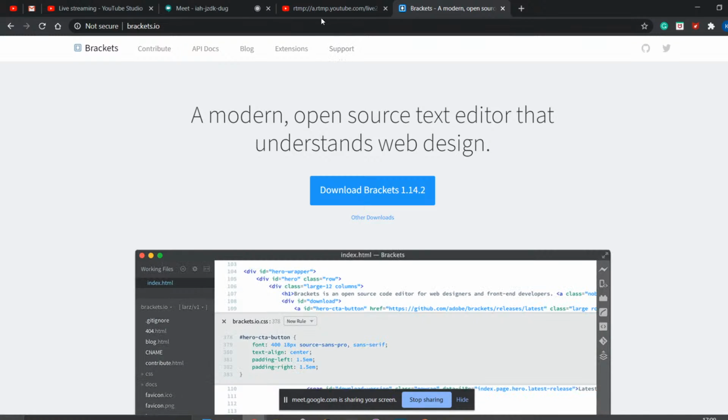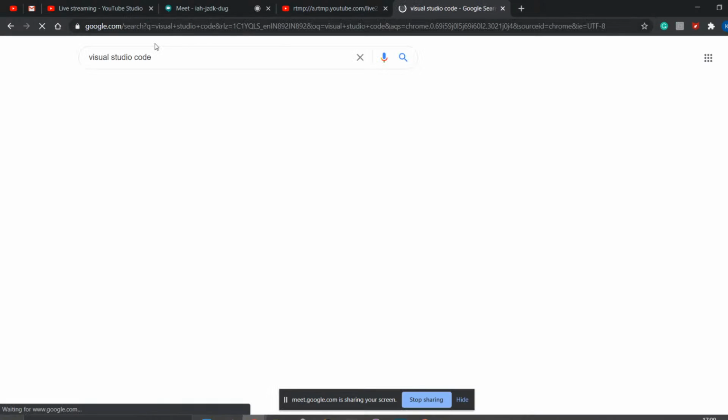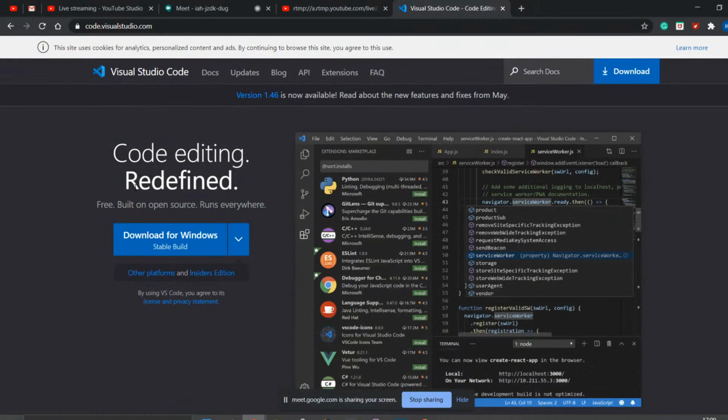And the very useful one, which is used on the corporate side, is Visual Studio Code. This is a common platform with interoperability, and it supports many languages, so you can use whatever language you want, and you can also install extensions.